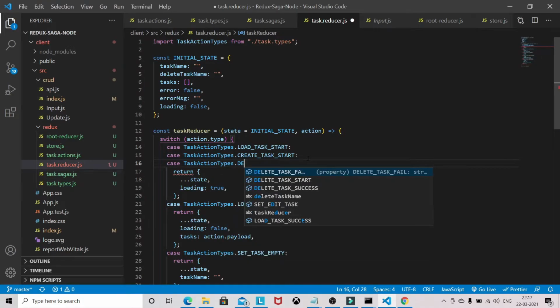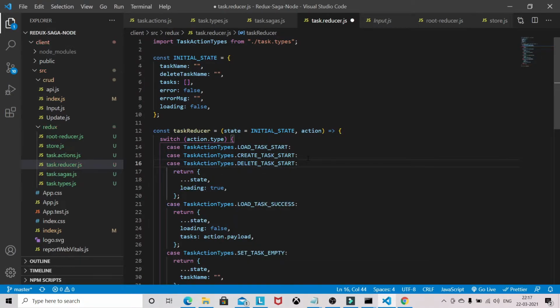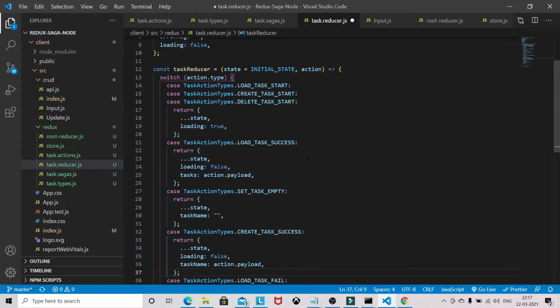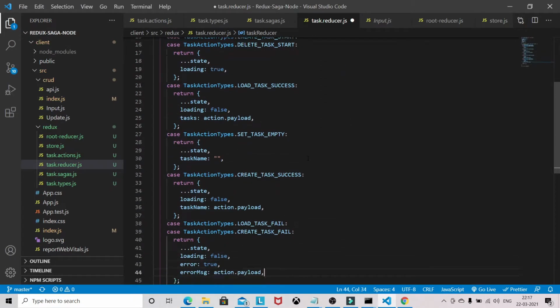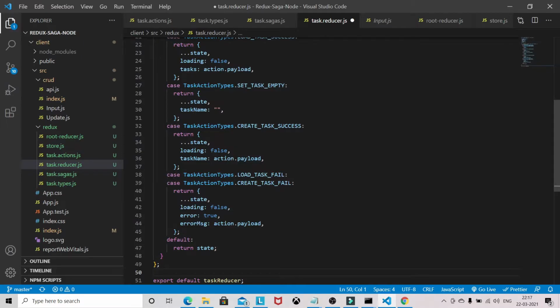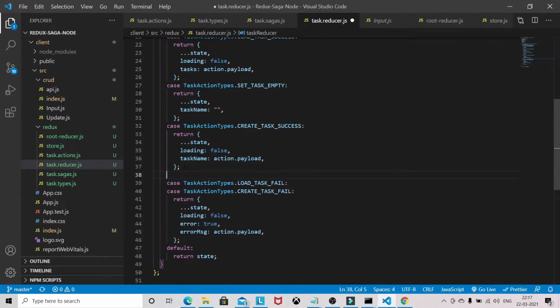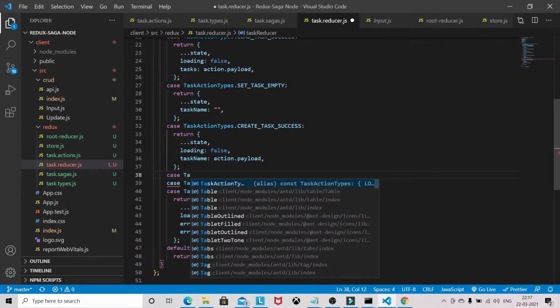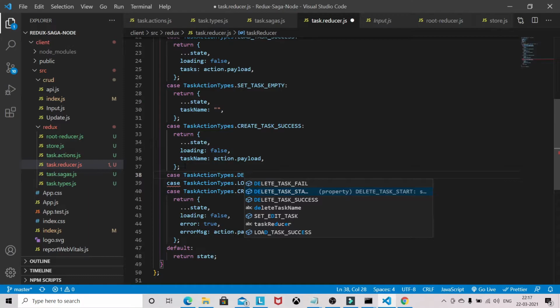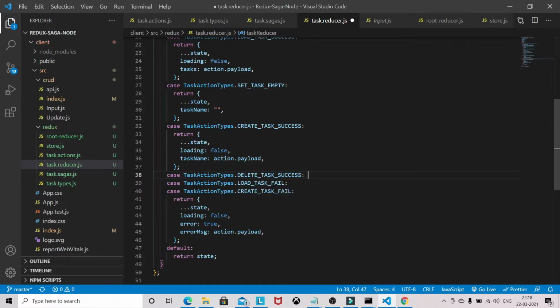So delete task start. So the loading will be set to true. Now we need to write the cases for delete task. Okay, so task action type, delete task success,